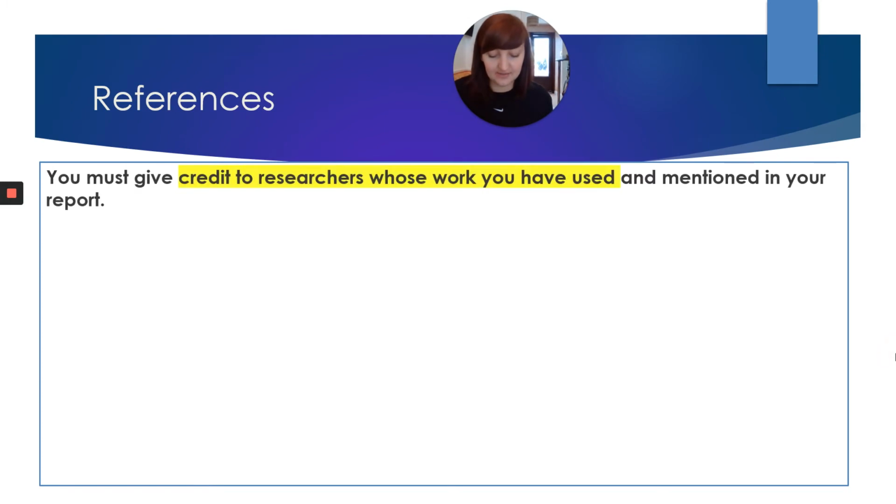Final section then, and the bane of every student's life, is the reference section. Now, I think you want about 25 to 30 references in an essay. In your dissertation, it's ridiculous. They want hundreds from you, lots and lots, because you've got 10,000 words, so you're going to be referencing a lot of people. So you have to give credit to everybody who you have mentioned in your essay or dissertation,